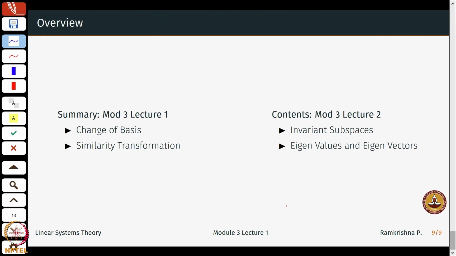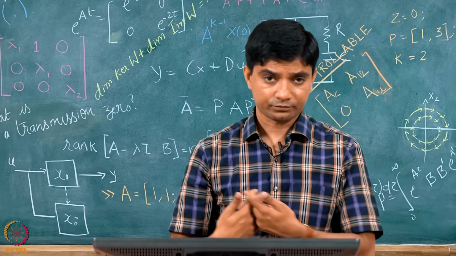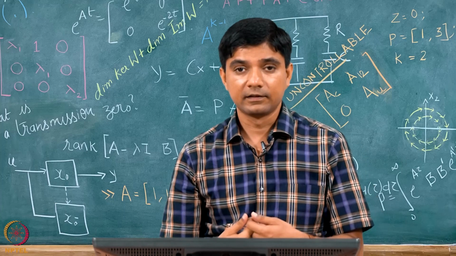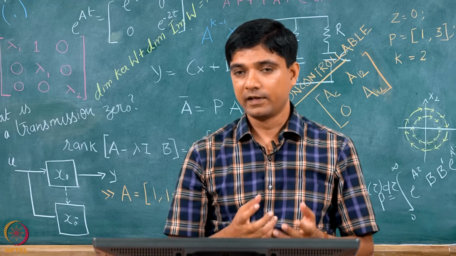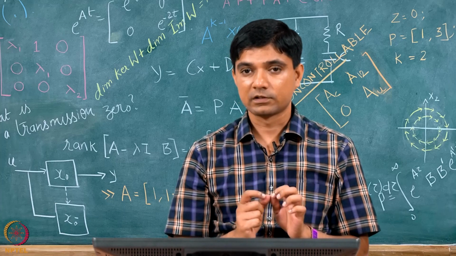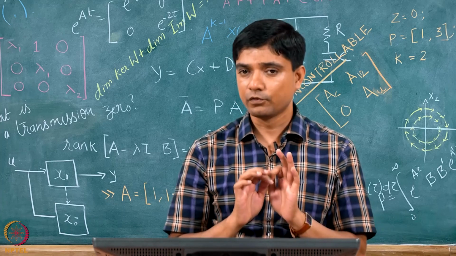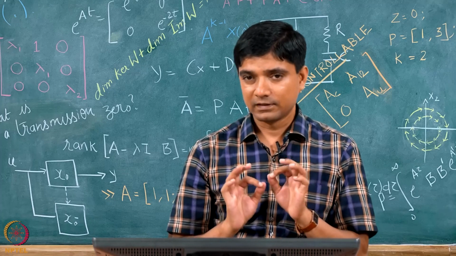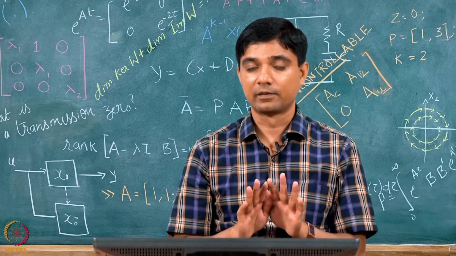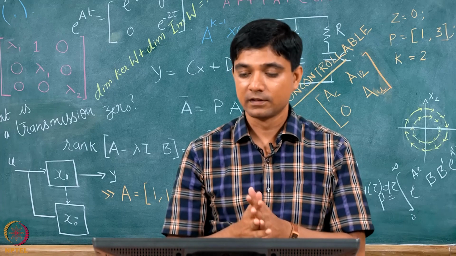Okay. To conclude, we talked about change of basis and how these are related to something called similarity transformations, and it essentially means writing down my given dynamical system or a control system in new coordinates. We'll use this very often during the course. So, in the next lecture we will talk about invariant subspaces and slowly introduce the concept of eigenvalues and eigenvectors. We would have studied this earlier, but we will just give a slightly different interpretation to this. The basics remain the same. So, we will see that in the next lecture.